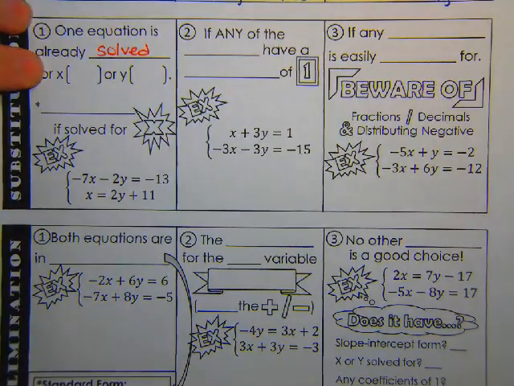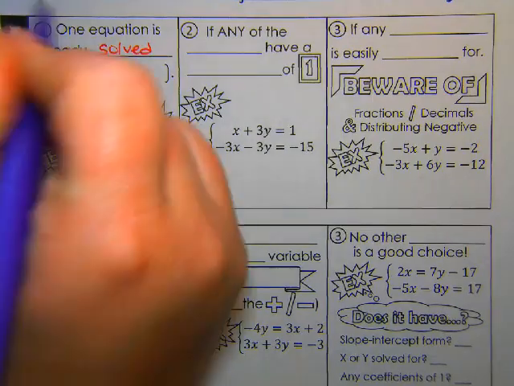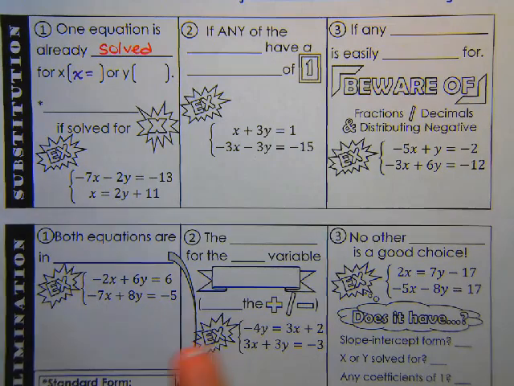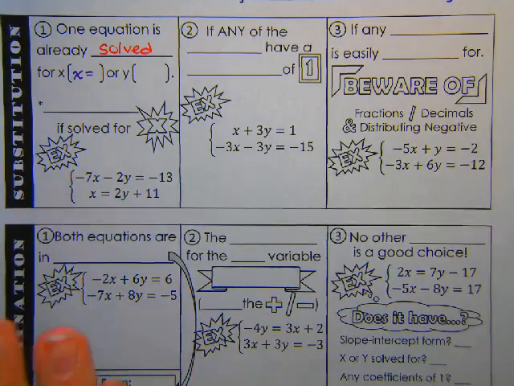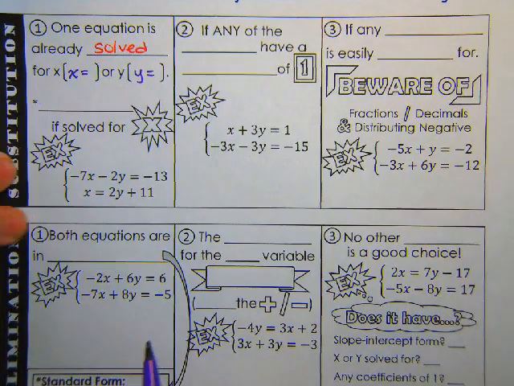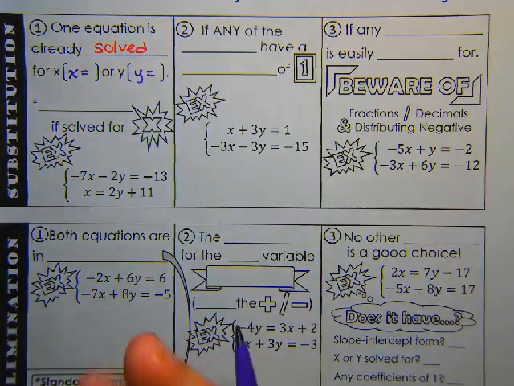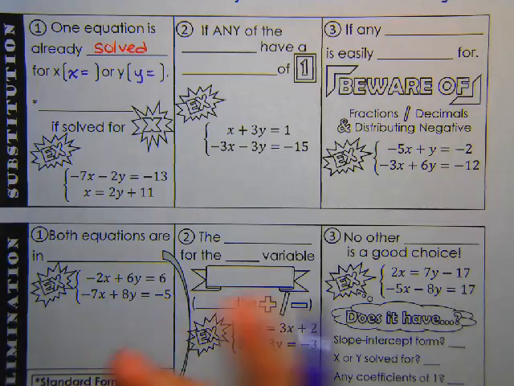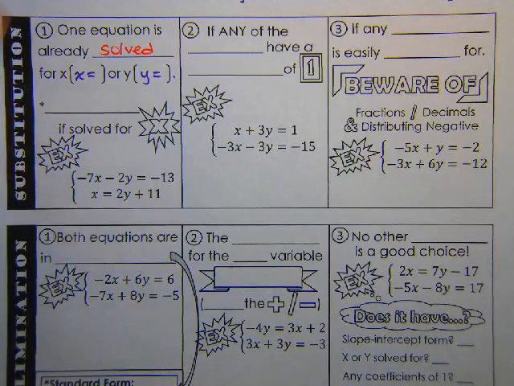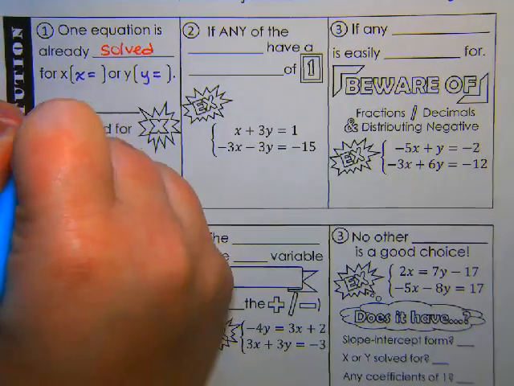So when we say that they're already solved for x, that would mean that one equation is x equals. Not 3x equals, not negative x equals, just x equals. And if it's solved for y, then that means y equals. Again, not negative y, not 12y, just y. Now, you want to do this especially